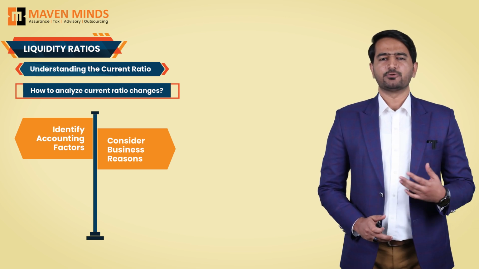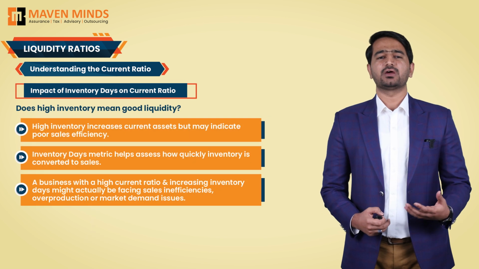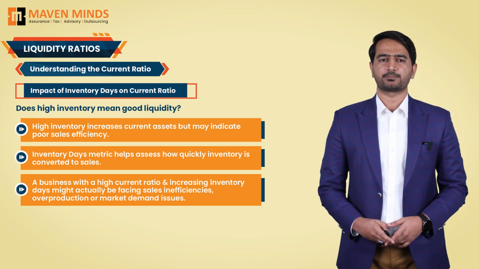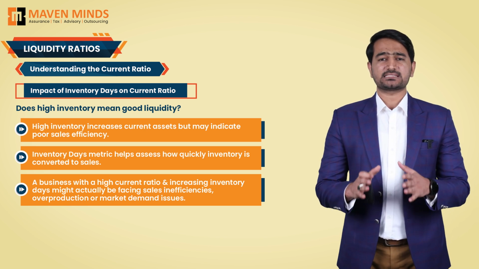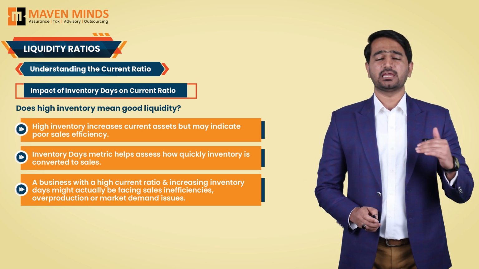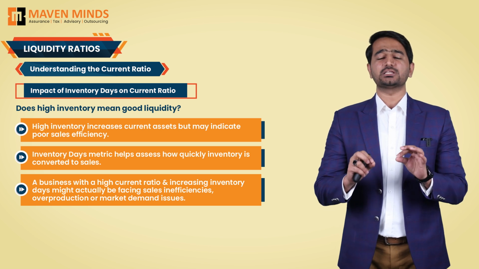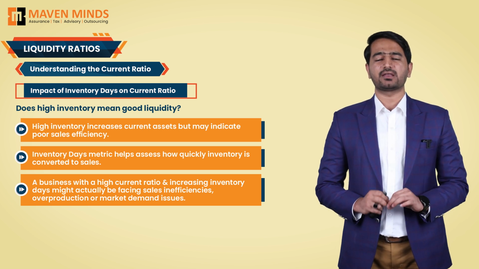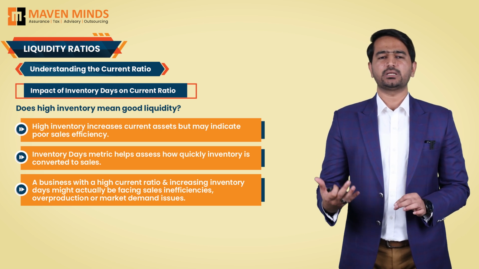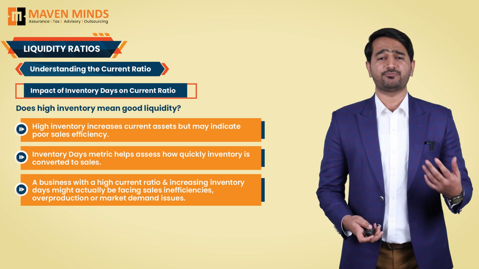So later on, we will be studying something which is known as inventory days. Inventory days tells us how fast we are able to sell our inventory. Now, if your exam question reveals that while the current ratio is increasing and the inventory days are also increasing, this might indicate that the company is not able to convert its inventory into sales. And this is a clear sign that while liquidity might seem adequate, the company might actually be facing sale inefficiencies